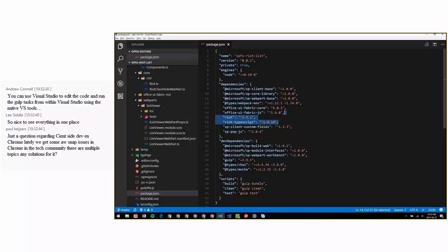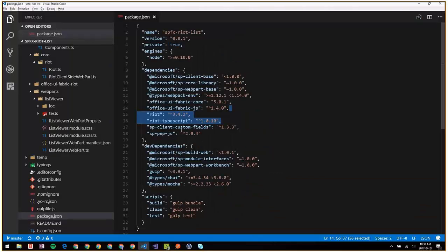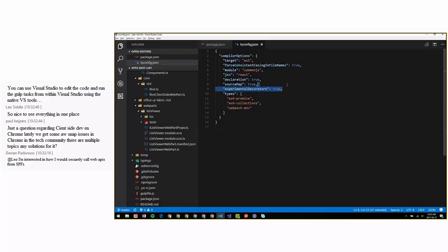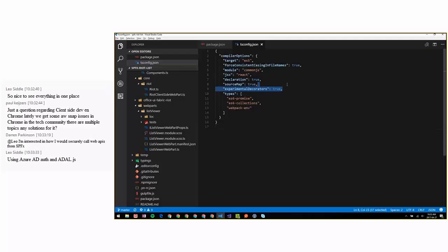For my use case, I also use the Office UI Fabric Core, the UI Fabric JS, the client custom fields, and the awesome SP PnP JS library for access to SharePoint. And you also need to go into your tsconfig.json and set experimentalDecorators to true, because this is how we will instruct our web parts on which